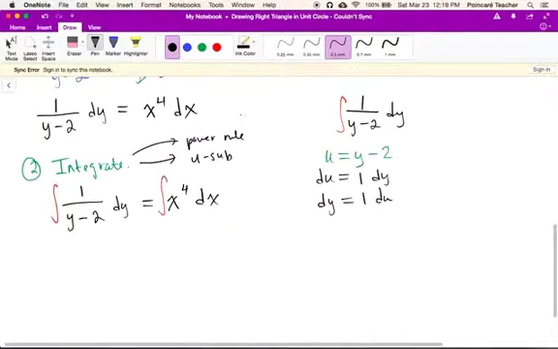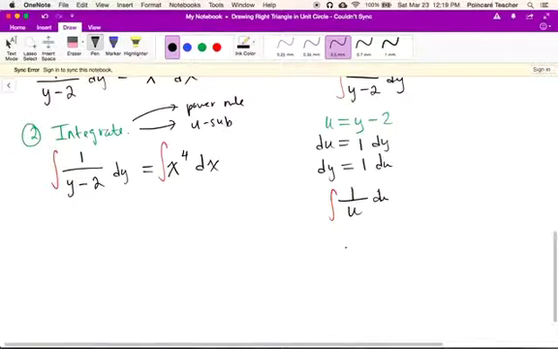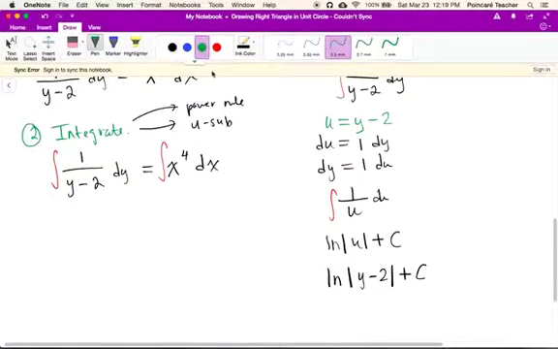Now I'm going to rewrite the integral. So I have the integral of 1 over u, because I'm plugging u in for the y minus 2, and our dy we found in this step here is just du. So the integral of 1 over u is ln the absolute value of u plus c. And then I'm going to plug back in my u, so it'll be ln the absolute value of y minus 2 plus c. So this is the answer to